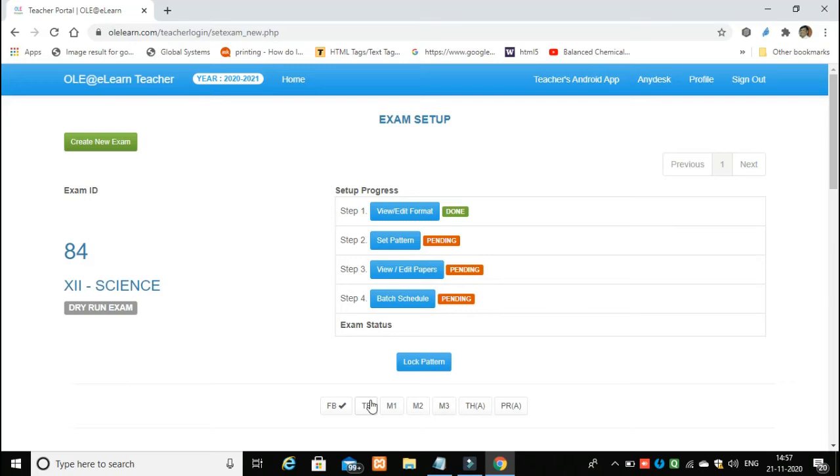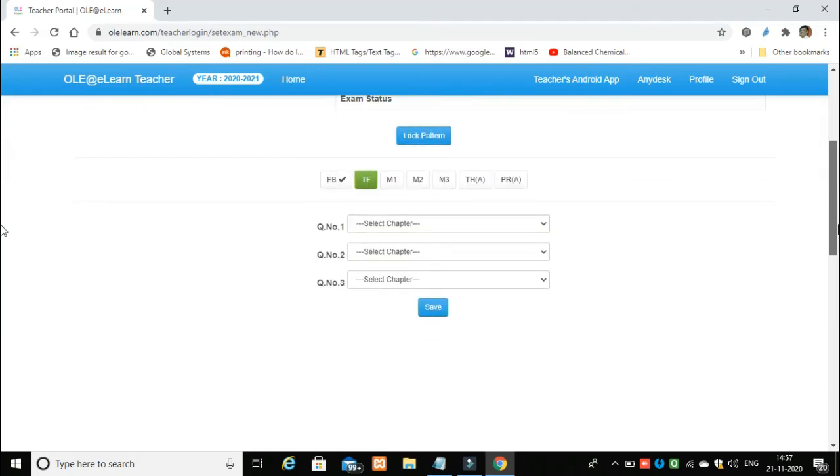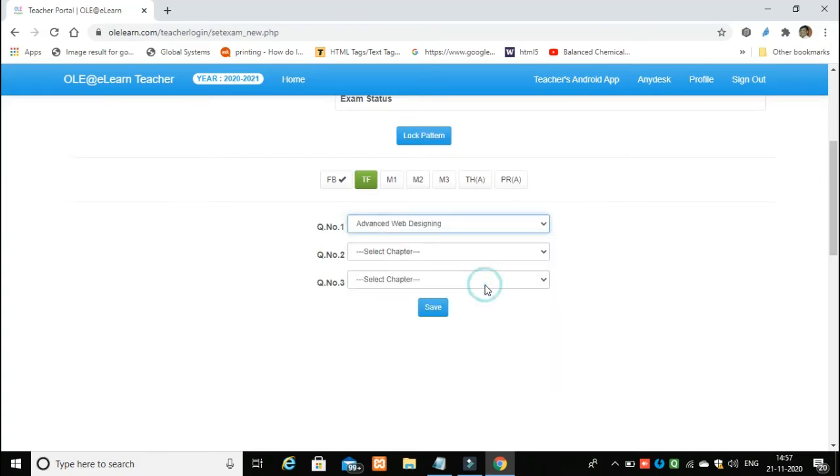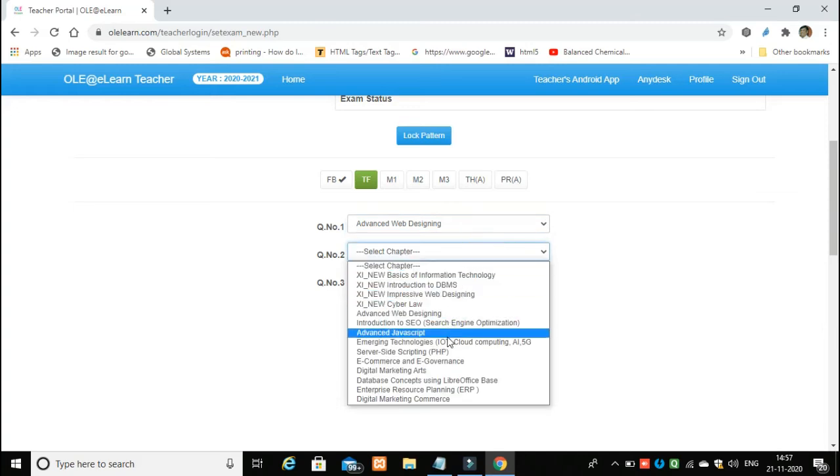Now let us select true and false. Again, we have to assign the chapters. So here it is assigning the position on which chapter will appear with the question paper.